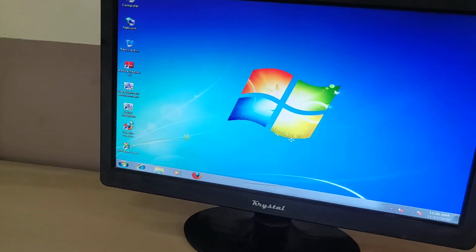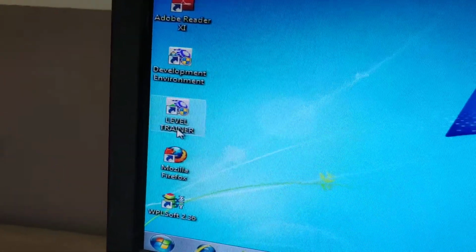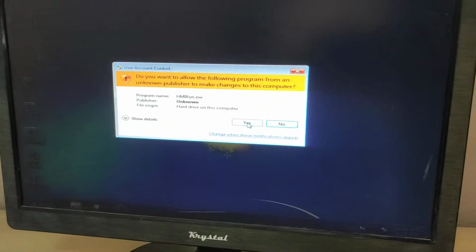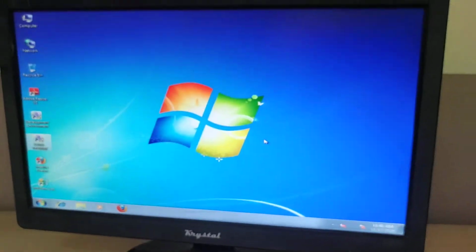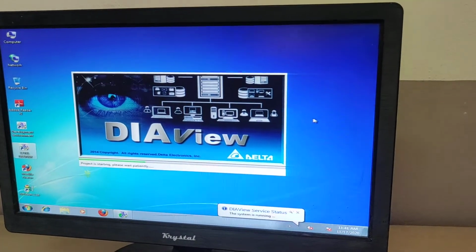This is the software of the level measurement setup. Now double click on this level transfer and press S on the window and ignore it. When we ignore it, it gives the software.